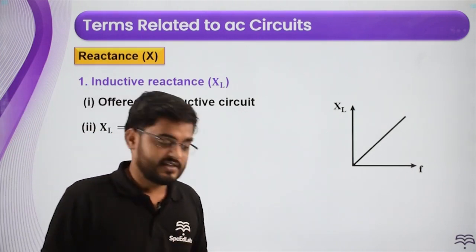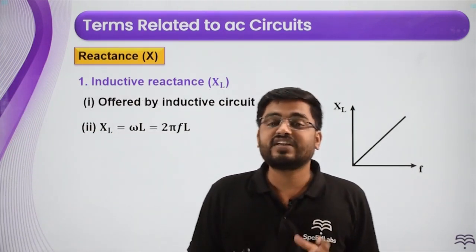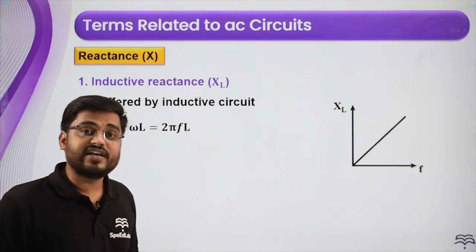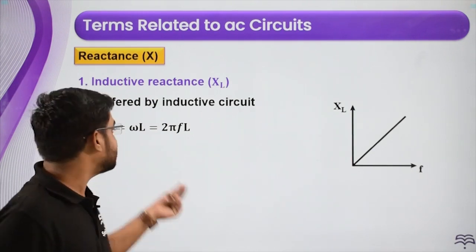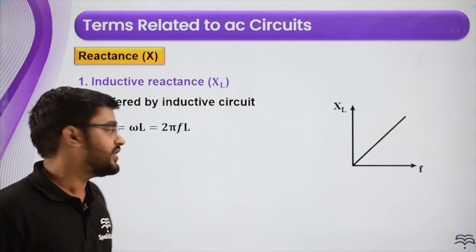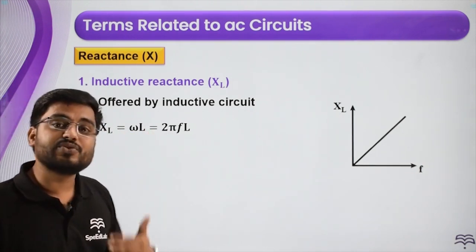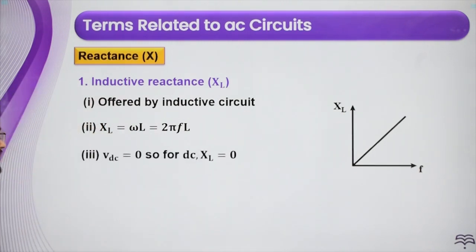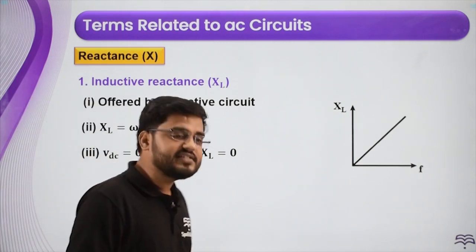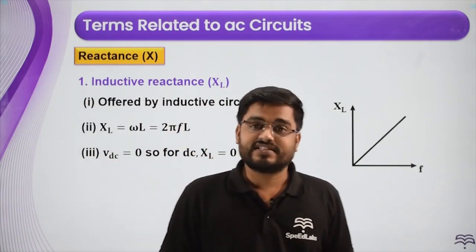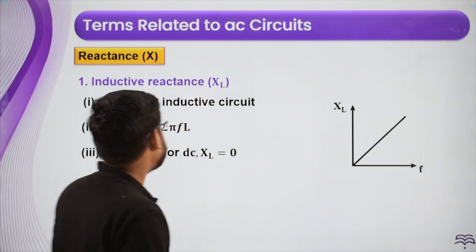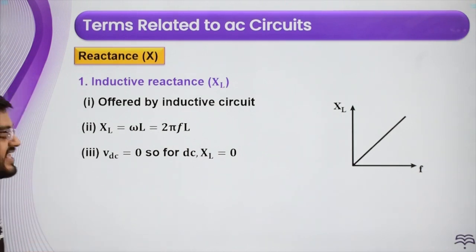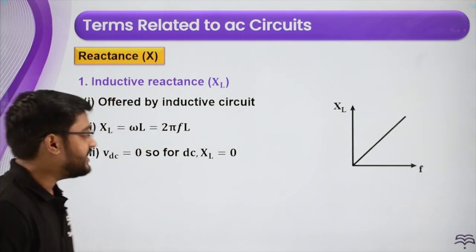So it depends on two things. One is the inductance of the inductor which we are using, that is capital L, and the other is omega. Omega is the angular frequency at which the circuit is working, the same as the angular frequency of the AC source. Angular frequency can also be written as 2 pi f, that is, 2 pi times frequency, into L. Now, for a DC circuit, what is the frequency? A DC circuit has zero frequency. It doesn't vibrate at all. So we say that f is 0. If f is 0, then XL is 0. So for a DC circuit, the inductive reactance XL comes to be 0.